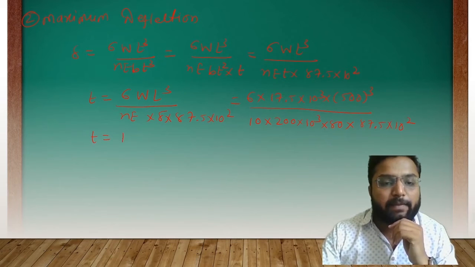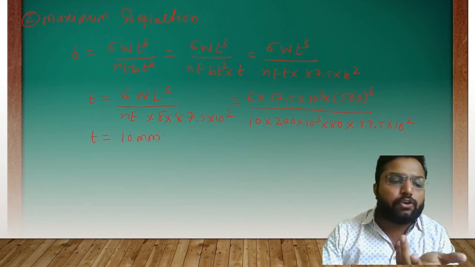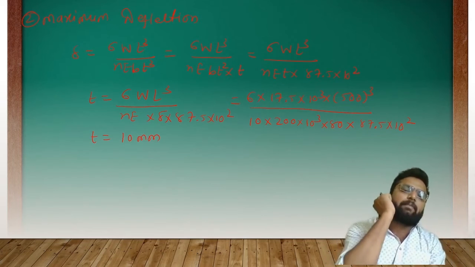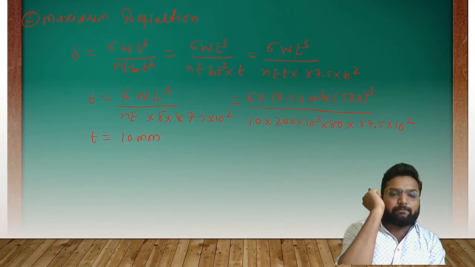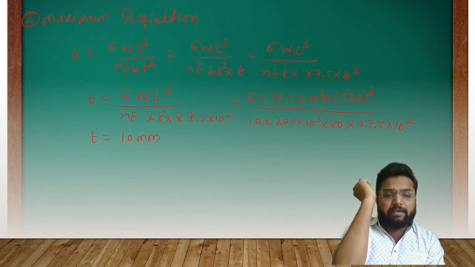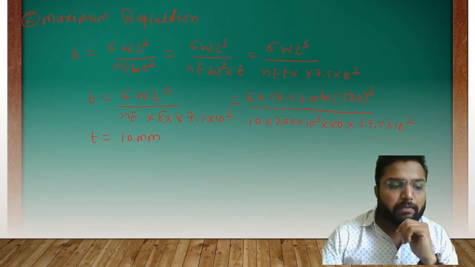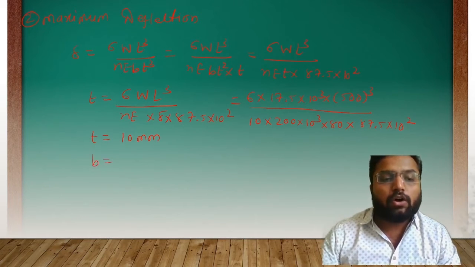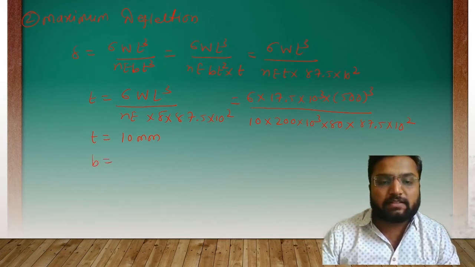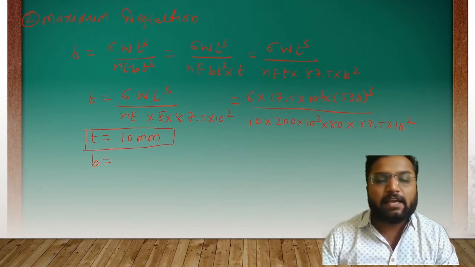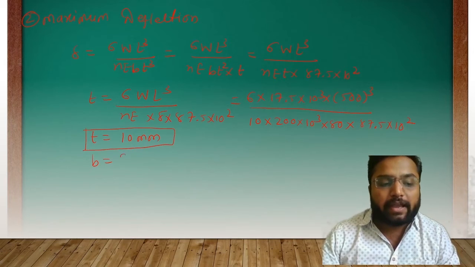So thickness T will be 10 mm, which you will find to be around 9.37 or something, but ultimately it is 10 mm. From this equation we can find the value of B also. The value of B will look like this. From equation number 1, with this value of thickness T, the value of B will be